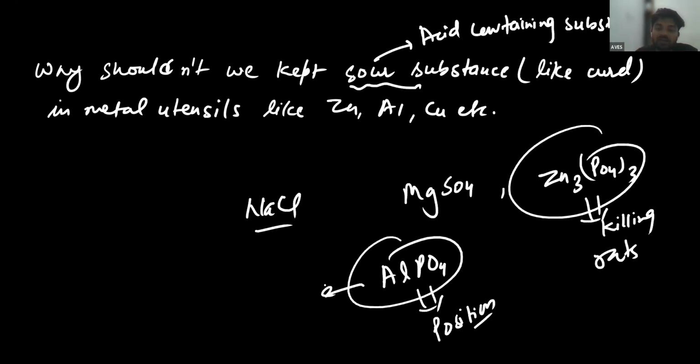So when acid, especially in the case of aluminium phosphate, is involved, this is a very dangerous salt. If you are keeping curd or other sour substances in aluminium utensils, it will give you a poisonous substance that can harm your body. So the correct answer for this one is: note the answer please, sour substances contain acids which